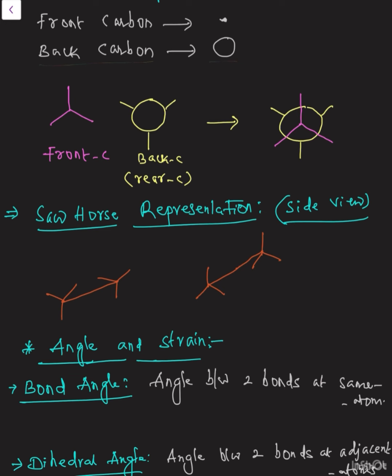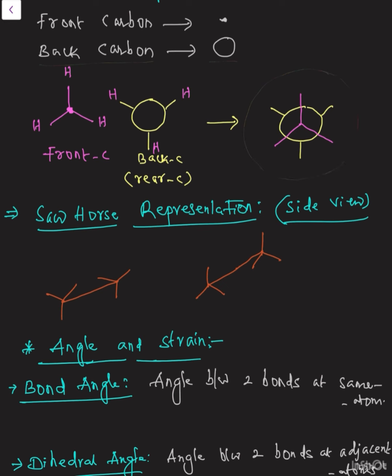See once, with pink color I represented how to represent a carbon. The center one is representing carbon. Around the carbon there are hydrogens or any other groups that may be present. For example, here I'll consider H is present. We are representing this molecule, that is a methyl group, like this. Coming to the next one, the back carbon is represented with a circle, which is in yellow color. Around that there are hydrogens. We can represent hydrogens in this way. So simply a molecule can be represented in this form.